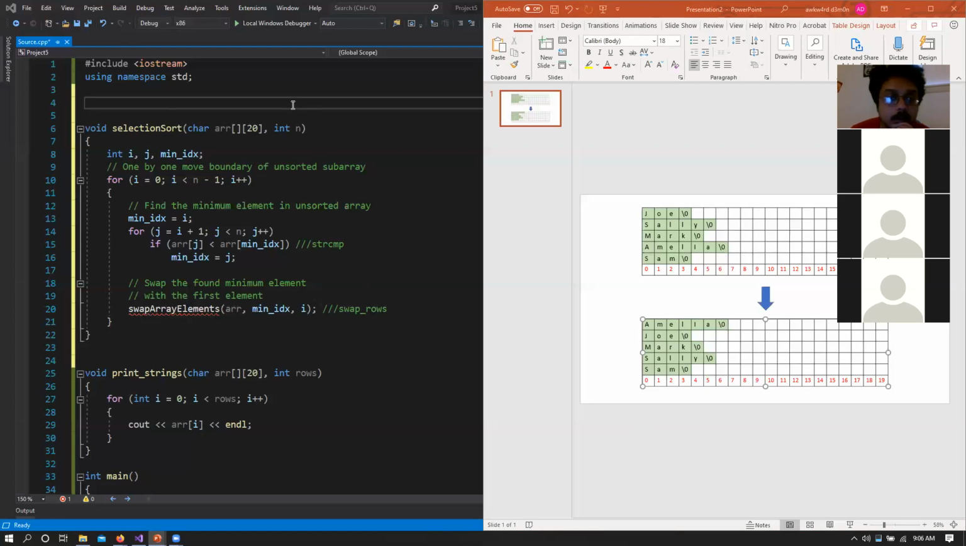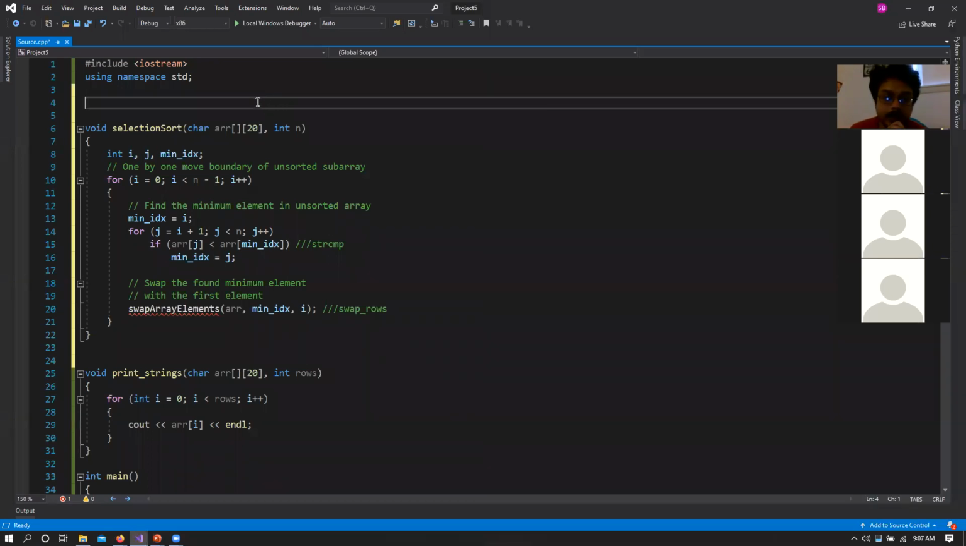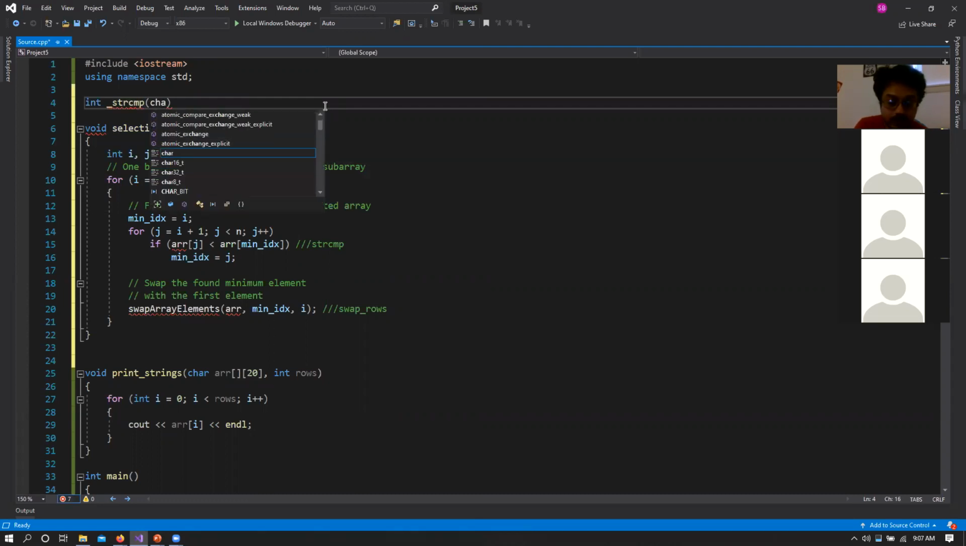So we now need a function that returns an integer value, that is a negative value, a positive value, or 0 if they are the same, and essentially compares two individual strings and figures out the difference between those characters. So let's have that function. It returns an integer type. Let's call that function strcmp. So I'm naming it underscore strcmp. It takes in two strings, so we have character